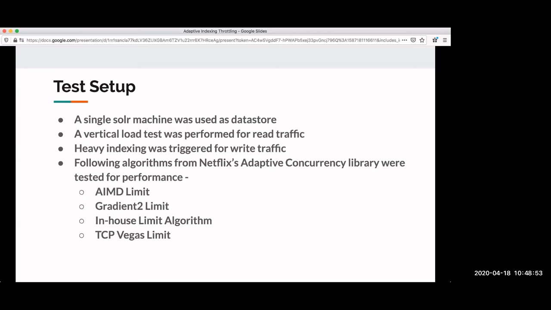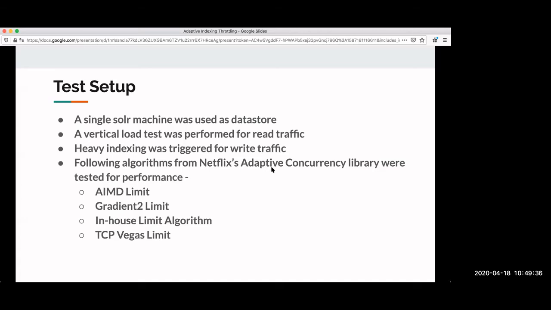What Netflix did with this library is it said instead of entry, we should look at how many people are there in the club at any point in time. So we can have a max of say 500 people in the club at any time. Whenever a new person wants to enter, we look inside and say, okay, we have 400 people, so we can let this guy in. So instead of the entry barrier, we are looking at the number of concurrent requests we can process. And the limit of 500, that the room can hold 500 people, is also not fixed. That is adaptive. It is calculated by the library, depending on the response times and so on.